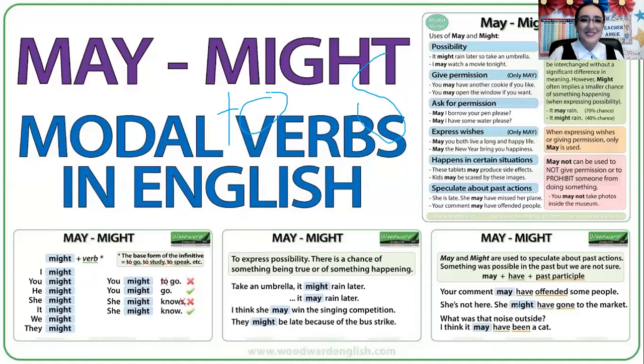Excellent, that's easy. More or less, more or less. Little by little, poco a poquito, más o menos. Excellent. So,